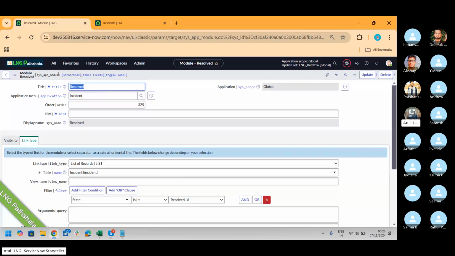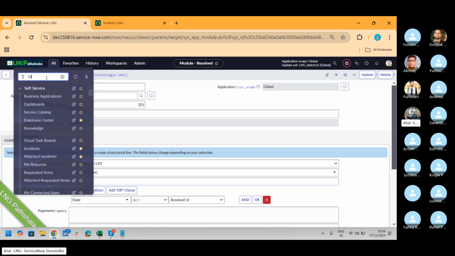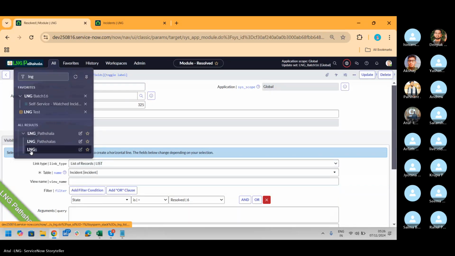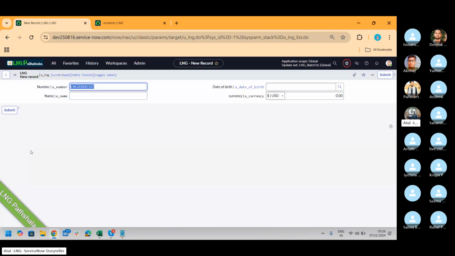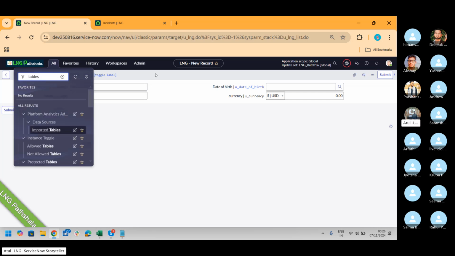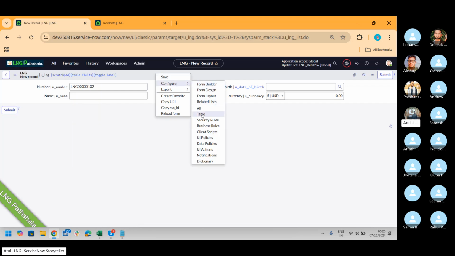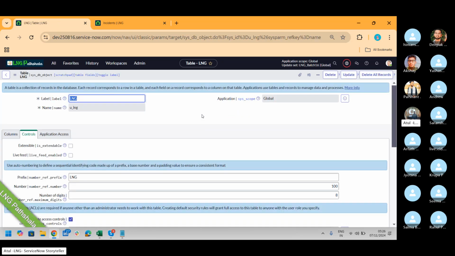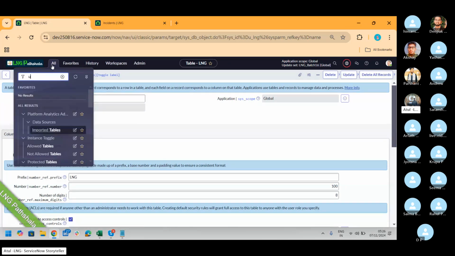So now another part. Now I give another shortcut to you. I'm on the form. I want to go to the table. How can I go to the table directly? Either I can go here, search for the tables this way, then open it. Otherwise, right click, configure table directly on the table level. Or go here, if you know the table name,